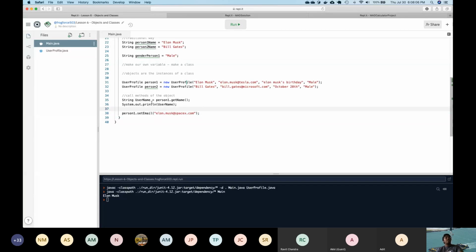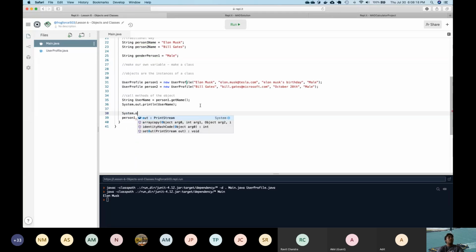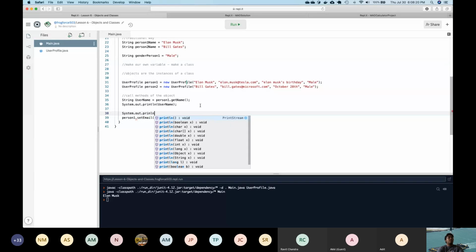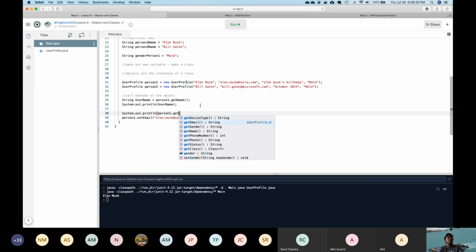Right, so now we've just modified the object and we've changed the email. So what we can do is print out the email and show the change. So System.out.println, and here we can do person1.getEmail,